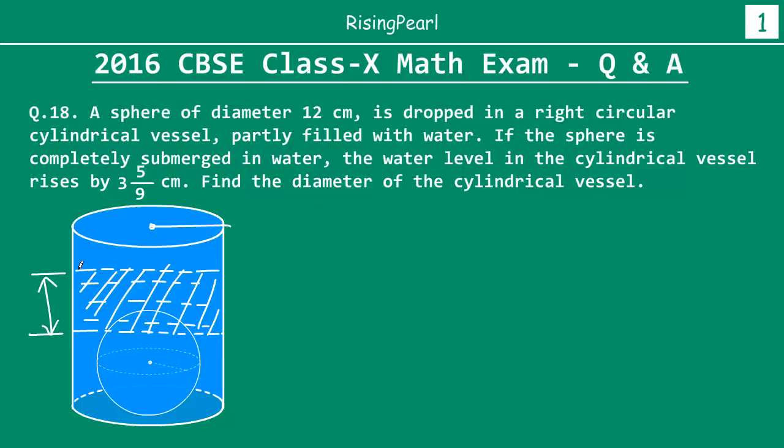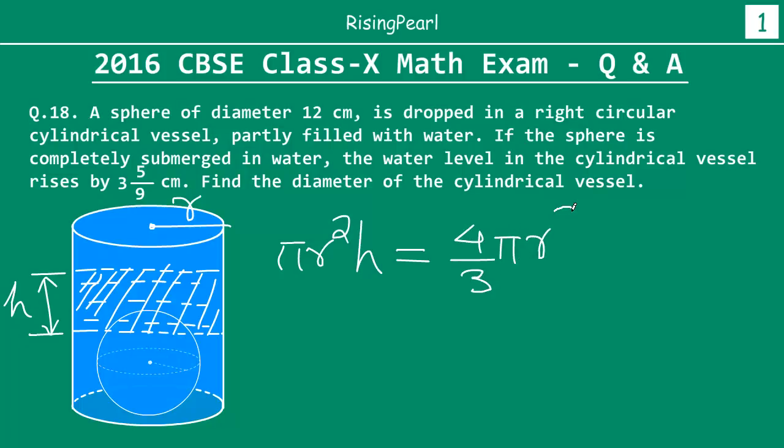So what is the volume of this amount? If we assume the radius is r and this height is h, then this volume will be equal to pi r square h, and this must be equal to the volume of a sphere. Now we know the formula for volume of a sphere is 4 by 3 pi r cubed. Clearly this r is the cylinder and this is for the sphere, right? So in other words, this will be equal to pi times, we don't know r, so let's call this r square, and this height is given as